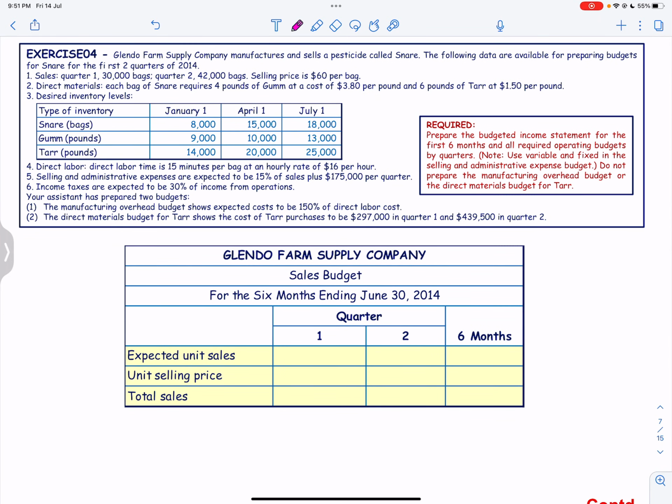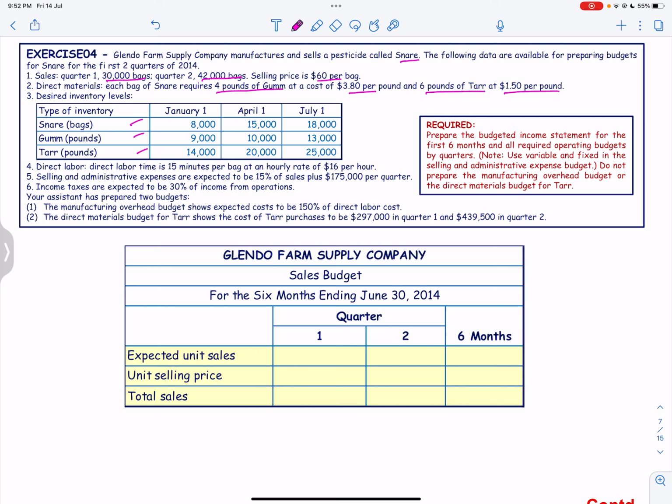Okay. Next, let us solve one more exercise, and this is going to be a comprehensive exercise where we prepare several budgets. And here we have Glendo Farm Supply Company. They manufacture and sell a pesticide called Snare. The following data are available for preparing the budget. We have the sales for quarter 1 and sales for quarter 2, and the selling price is 60. Direct material for each bag of Snare requires 4 pounds of gum at a cost of 3.8 and 6 pounds of tar at 1.5 per pound. We have the inventory for snare, gum, and tar, and